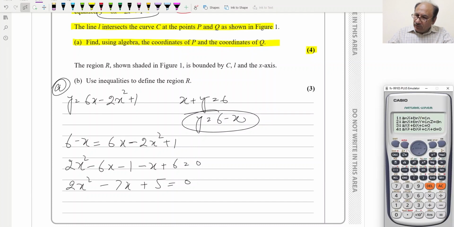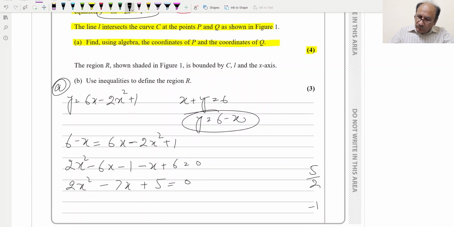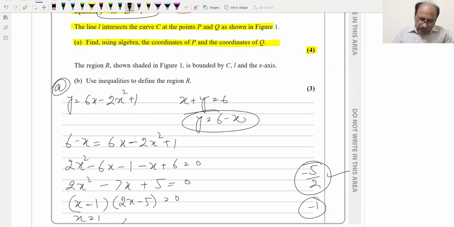it will be more by 3, and the coefficient of x squared is 2, then minus 7 is the coefficient of x, and plus 5 is the constant, so this will be 5 by 2 and 1. So 5 by 2 and 1, we are changing sign and using these values. So when we use minus 1, it will be x minus 1, and when we use the first value, it will be 2x minus 5 is equal to 0. So x is equal to 1 and x is equal to 5 by 2, or we can write it as